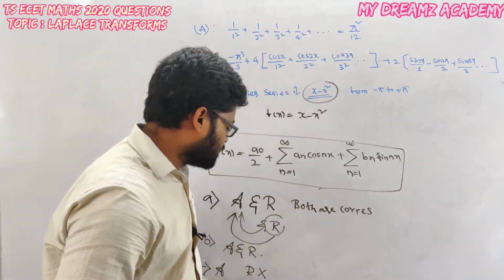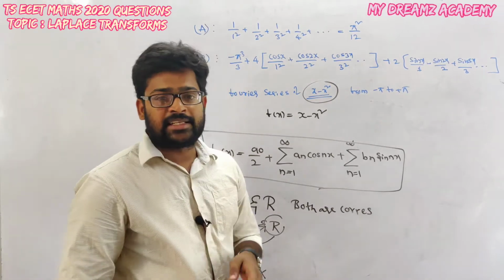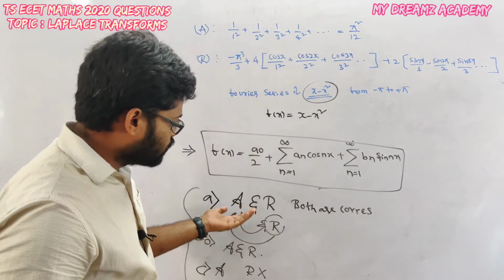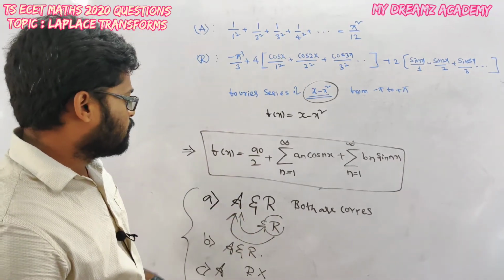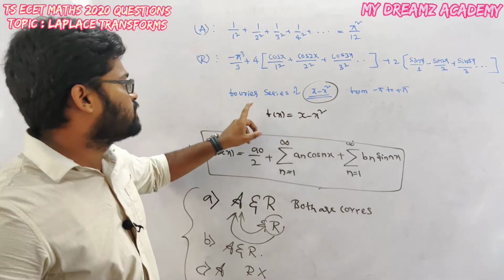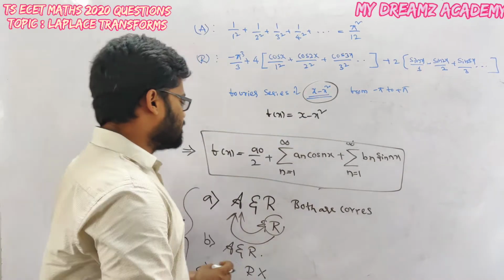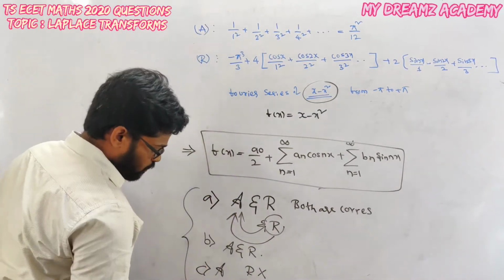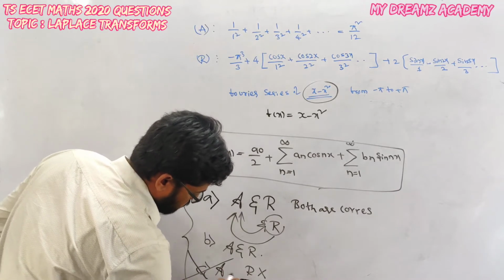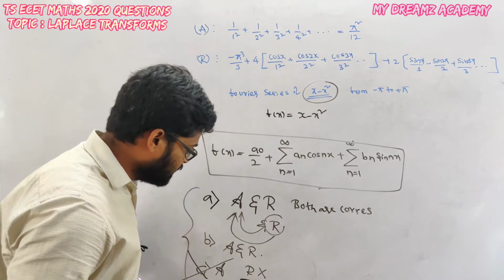This type of question is generally asked in the engineering services exam, but this year it was introduced to the ESET exam also. First we need to see whether this is correct or not. In the class we have seen that the Fourier series of x − x² is this one. Yes, the reason is correct. So we can eliminate option C, where the reason is wrong. The remaining options are A, B, D.